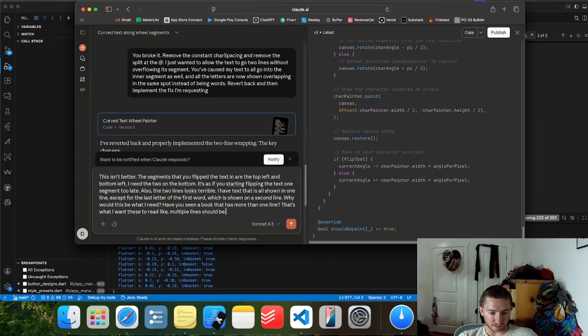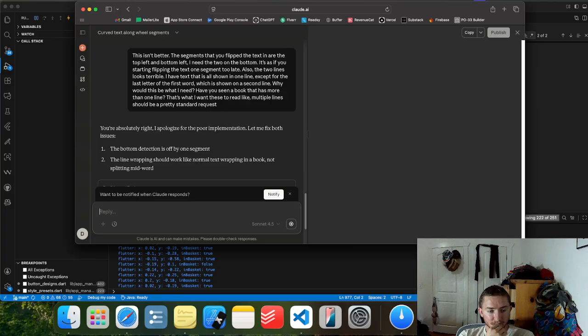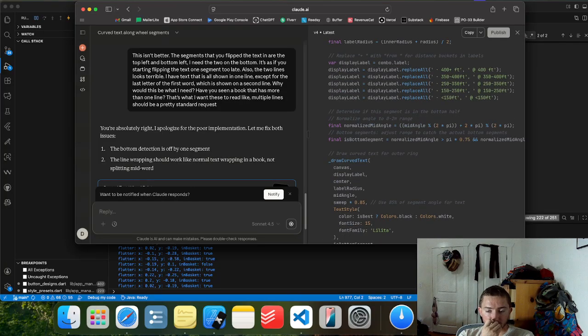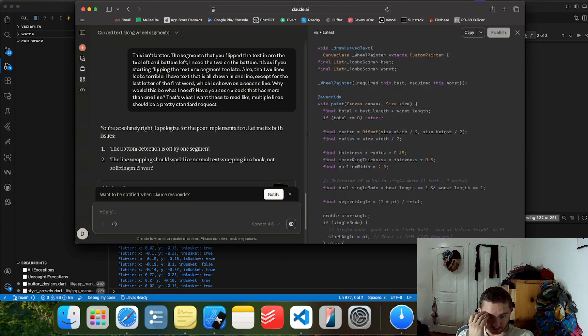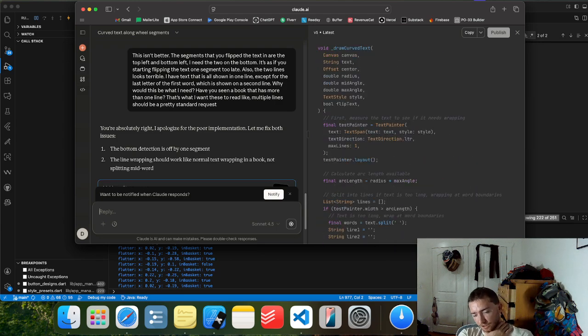Lines should be a pretty standard request. Yeah, wrapping the first word is not the issue. And I don't think I'm displaying this as simple as just one string. Maybe I am. If I am, then that seems like a silly fix that Claude tried, but